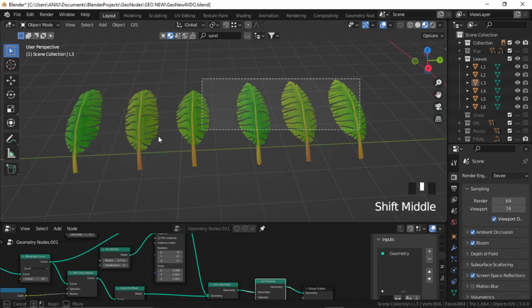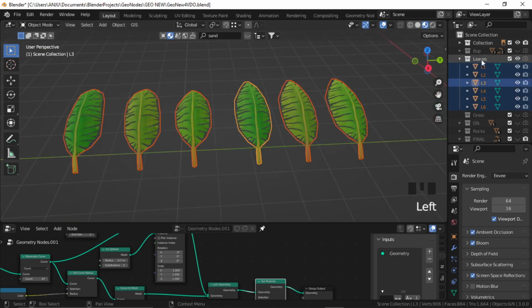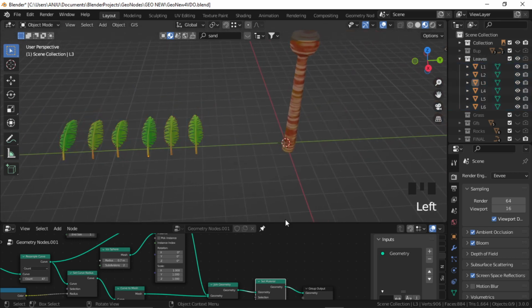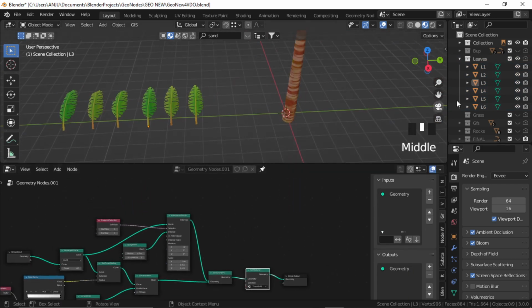And then I just put all these into one leaves collection, and we'll use this leaves collection in our geometry node. So let's just drag it inside here,